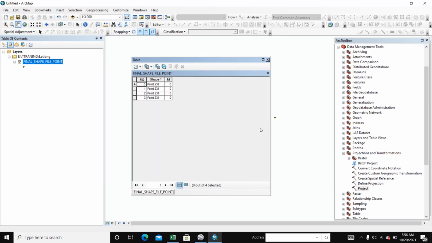Right click and open. There is no field here, so we calculate latitude longitude.